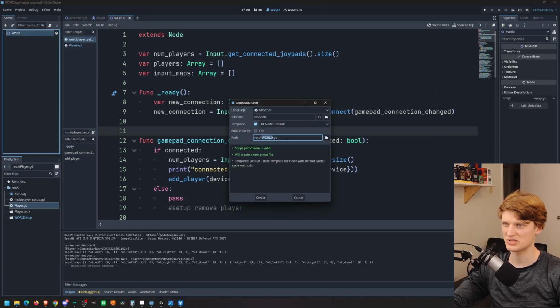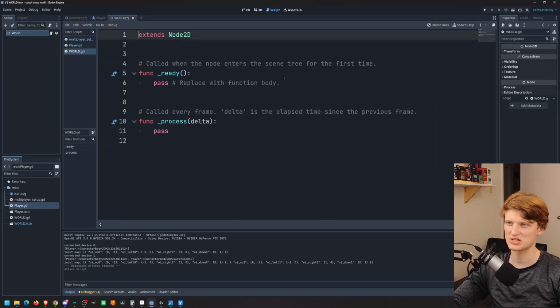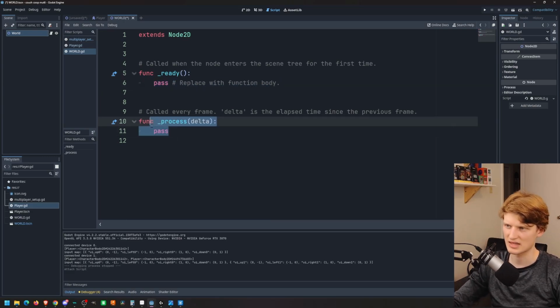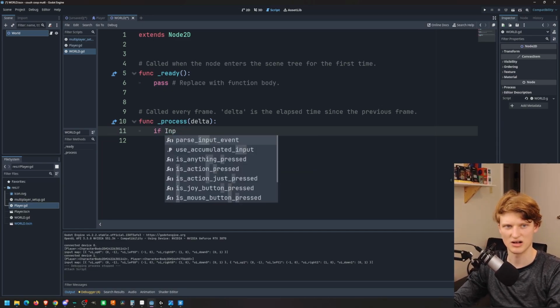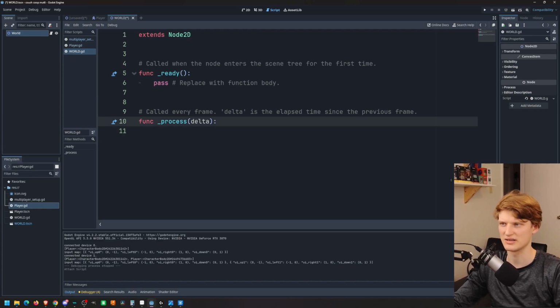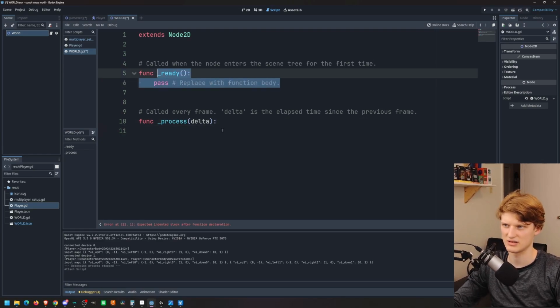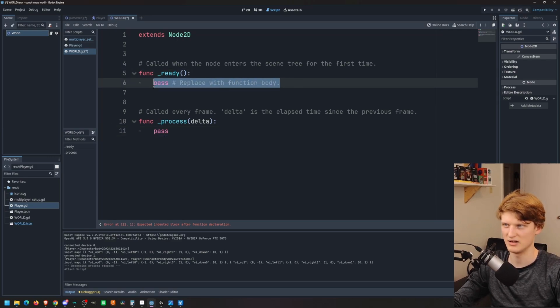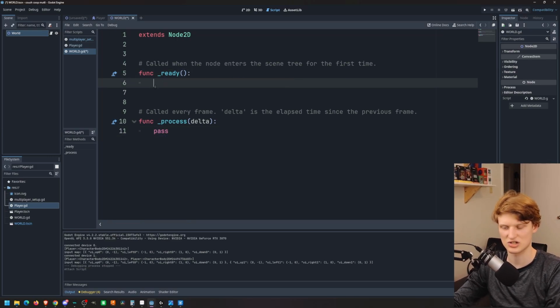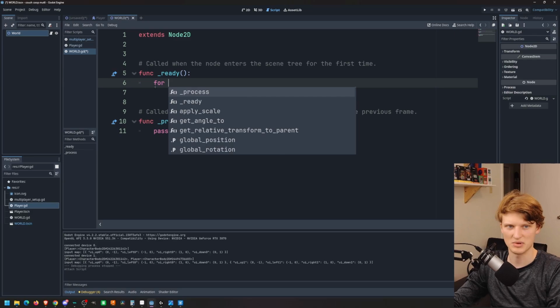We're going to add a script in our world scene, and this world scene will just have a quick process function. And that process is we're basically going to grab input, or an if function, if Input. Oh wait, no, actually, let's just do on ready. Yeah, let's just do on ready. Let me pass this really quick so that it doesn't break. So basically the ready function is going to just grab for player